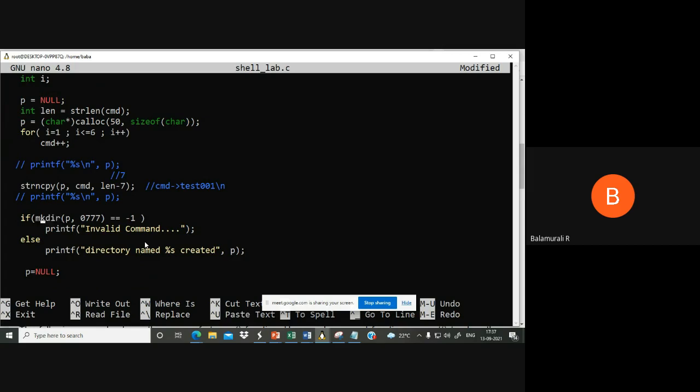You have to just call that function mkdir, and p, the character pointer, should point to the name of the directory you want to create. So mkdir(p, 0777), this is the code you should give. So this statement will create